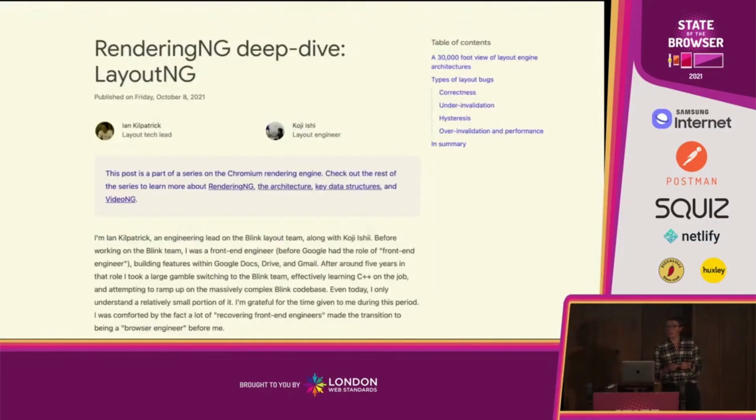So Chrome have been working on this project, RenderingNG, the rewrite of the engine. The part that's most of interest to me and to people who care about CSS layout is the part called LayoutNG. This is a post on the Chrome developers blog. There's actually a big series of these posts which are quite technical but really quite interesting in terms of how RenderingNG is making some things possible that weren't possible before,